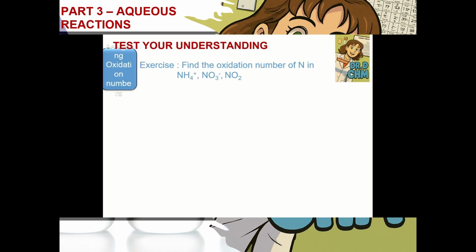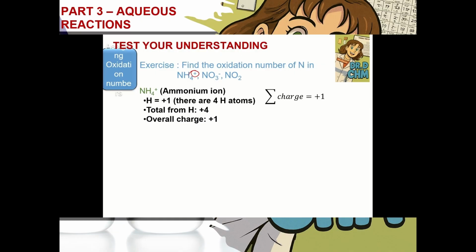So let's practice a little bit so you can understand better. Let's first find the oxidation number of nitrogen in these three species: two polyatomic ions and a compound, NO2. The first one is the ammonium ion. The sum of the charges must be +1, because this is the charge of this polyatomic ion. So I have +1 for hydrogen, remember, always +1. The total from hydrogen will be 4, because 4 times +1 is 4. And the overall charge must be +1. So nitrogen must be